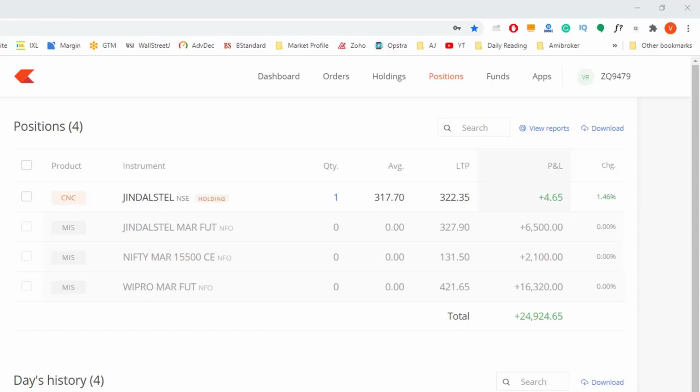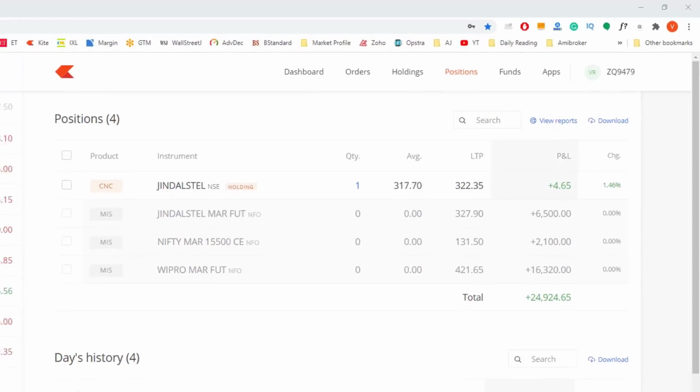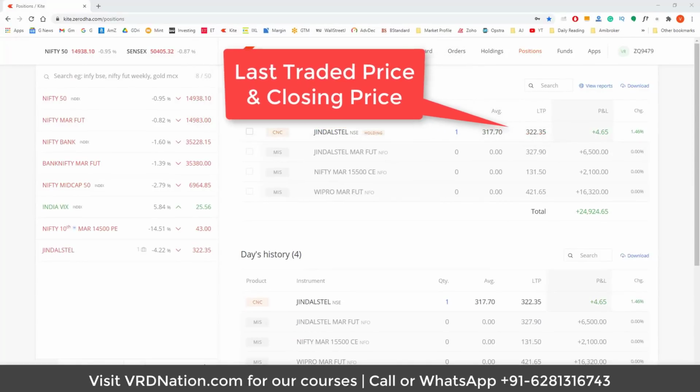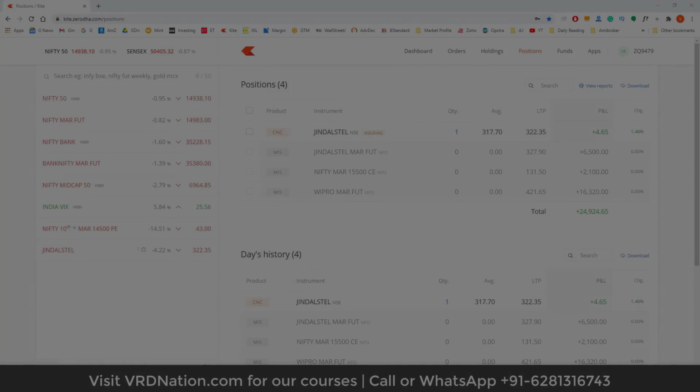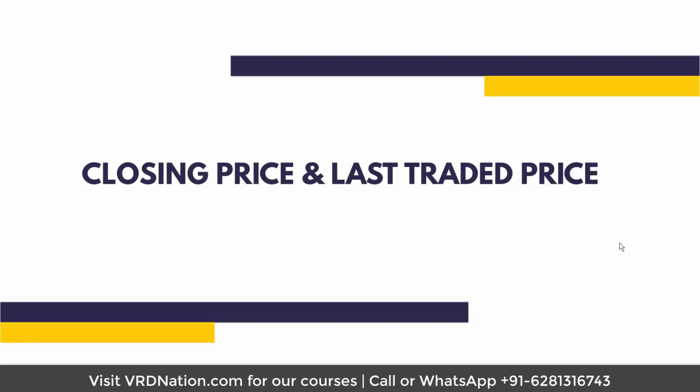So clearly there is a huge drop in my profit and there has to be a very good reason why it happened. Now, in order to understand this mystery, we need to understand the difference between the last traded price and the closing price. The closing and the last traded price at the end of the day are not the same. If I take the example of my friend, the last traded price that he saw by 3:30 was 108 rupees, whereas what he saw eventually at the end of the day, somewhere around 4:35, was 105 rupees.